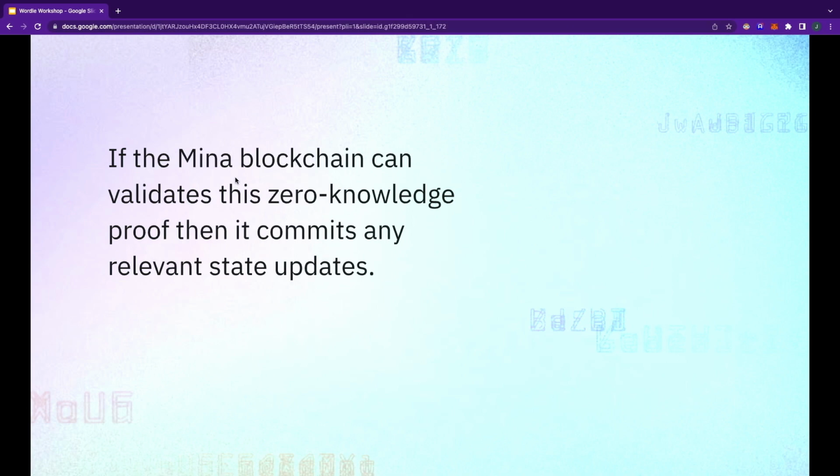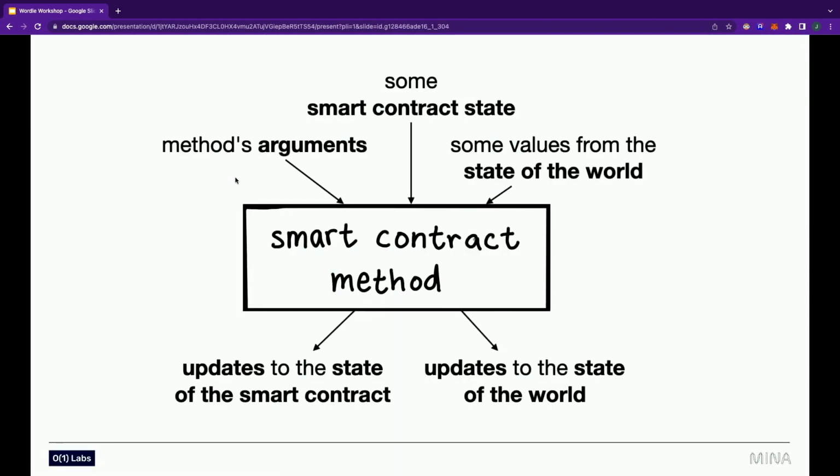So when we do something, we usually want to change the state of the world. We want to update a value, change somebody's balance, change a permission, something like that. And so when we run our smart contract method, we get a list of things that we want to do, a list of states that we want to update, et cetera. And we also get a proof that says we're allowed to update these states. And so we send just the proof and these updates to the Mina blockchain. And if the Mina blockchain can verify the proof, then we